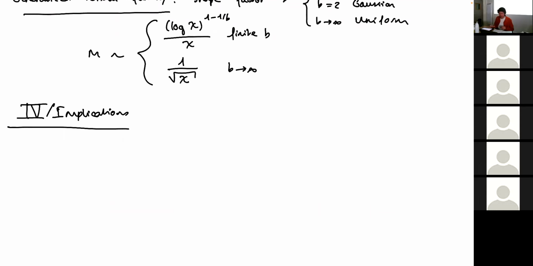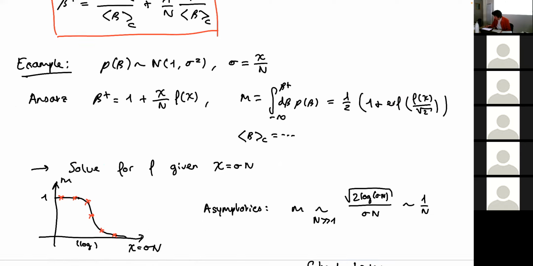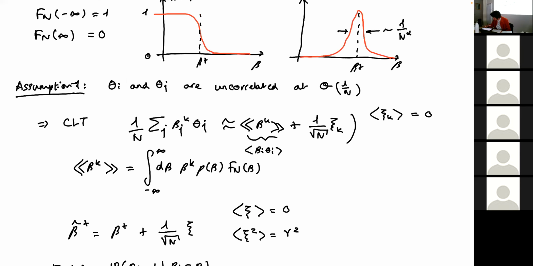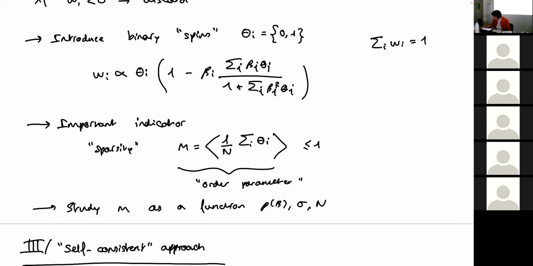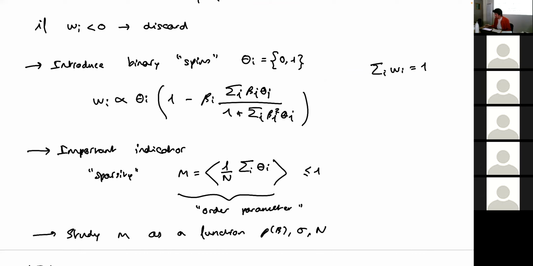And so this is where I try to convince you that there are interesting implications despite the unicity of the solution. Beta plus might be unique, but there is a multiplicity of solutions, and I'll explain how. Remember how very early on, I told you, if we go back to just this type of stuff, that if you want to compute m, you can